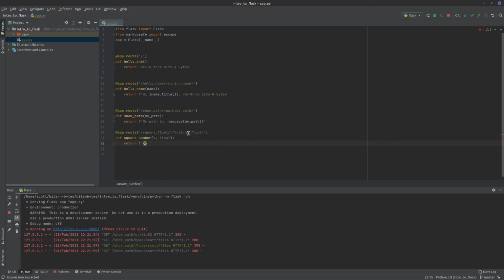Basically, we're going to pass the value of this variable into this method so that we can use it inside. Oh, got to keep it inside the string. So what we're going to do is we're going to print out this information to the screen like we did with the other ones.